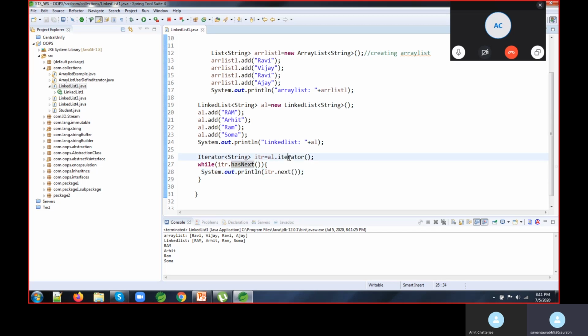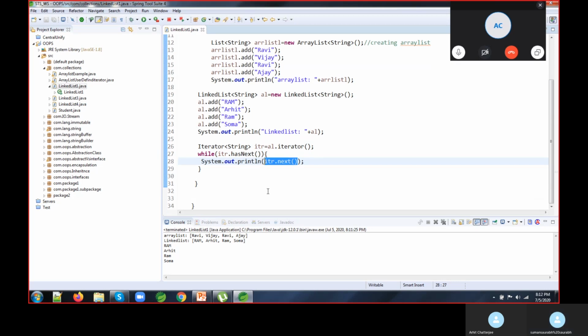See, this iterator we are getting and we are applying on A1. This thing is array list. This thing is linked list. So on that we are iterating, and it has one method, hasNext. What does this return? This returns true or false. So if it has the next, it has the value. Okay, value is there. So what is the value? The value I am getting is next. Okay. So we'll go for the next example.